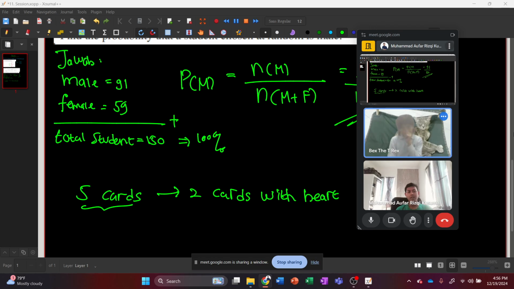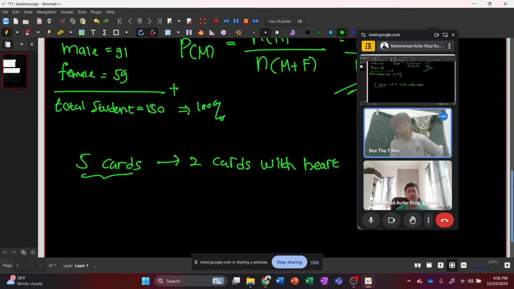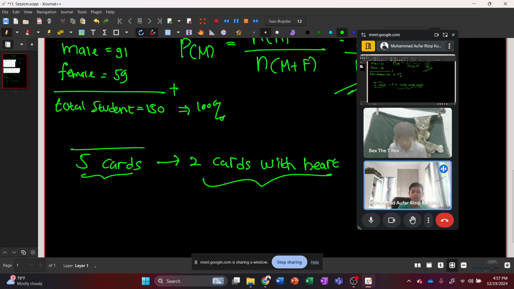We know that two cards have hearts out of five cards. That means three cards aren't hearts. So the probability of finding a card with a heart in this stack of five cards is equal to